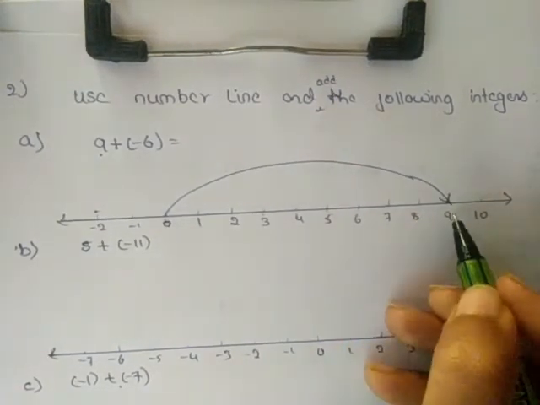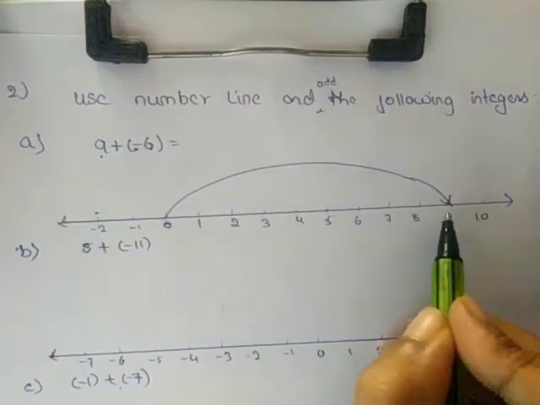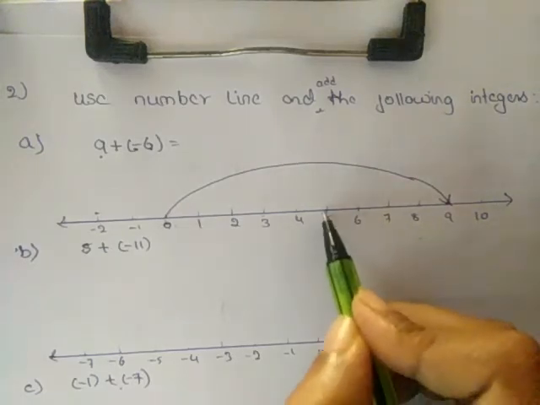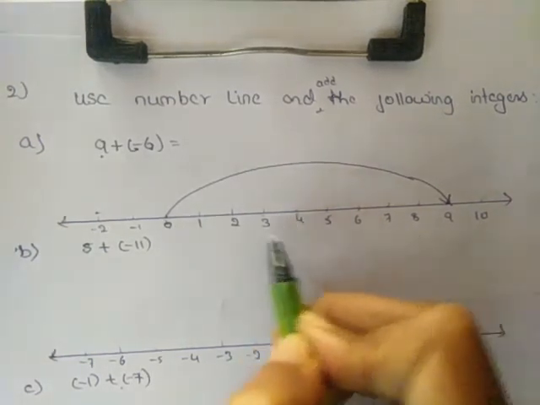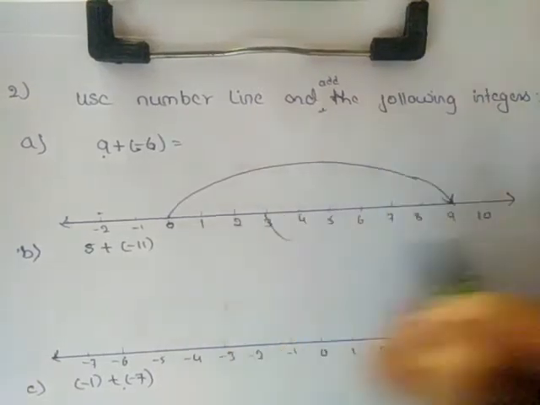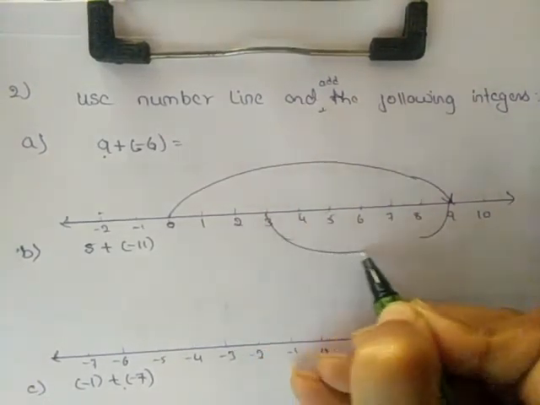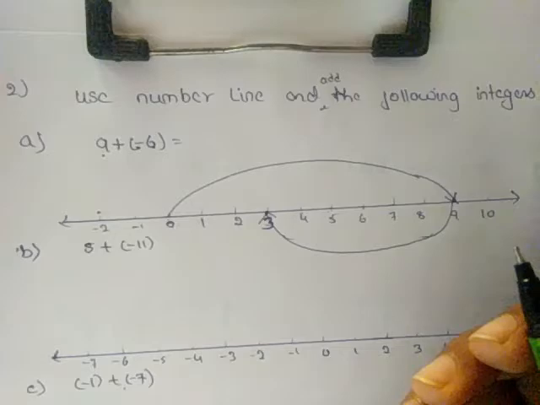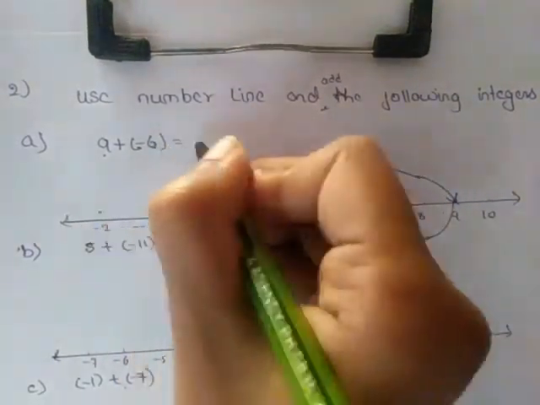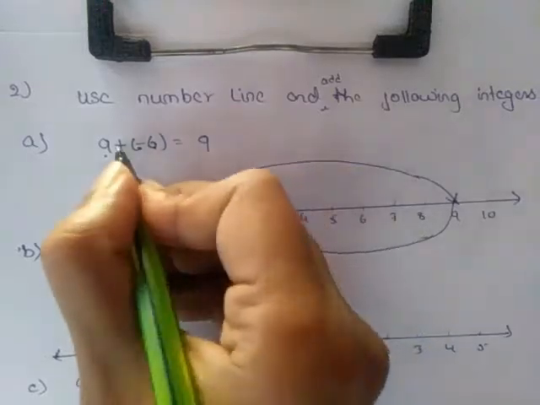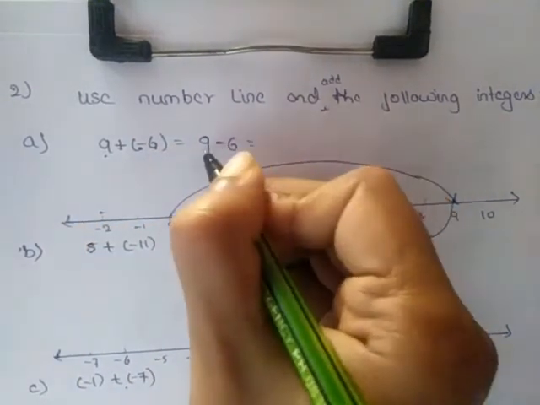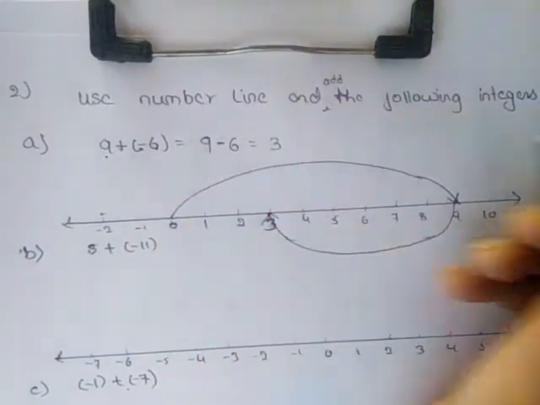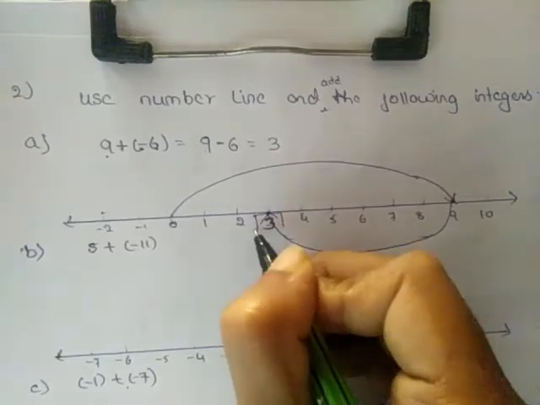Then again we need to move minus 6 steps from the point 9. 1 step, 2 3 4 5 and 6, right? Here we need to move from 9 to 3, isn't it? Now we are at point 3. So we'll check it: we keep 9 as it is, plus into minus, minus 6. If we subtract these two numbers, we get 3, and the bigger number's sign is plus, so it is plus 3.